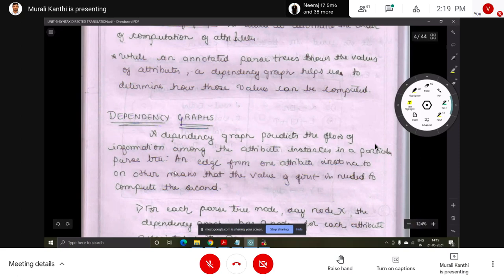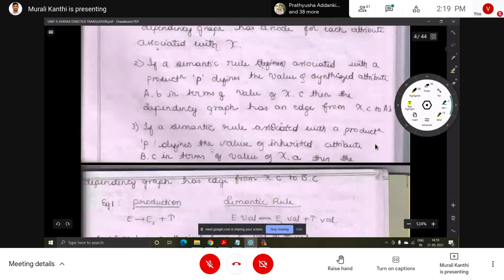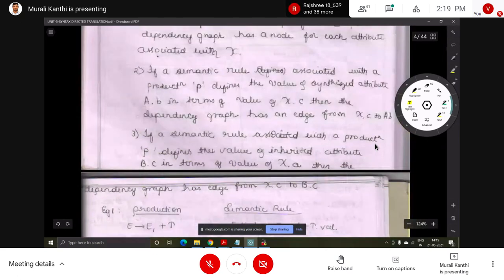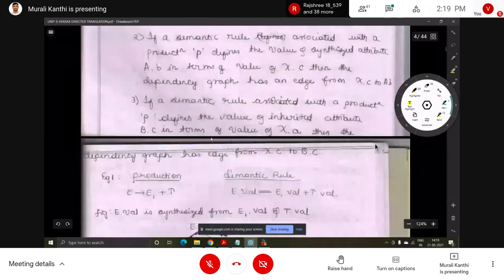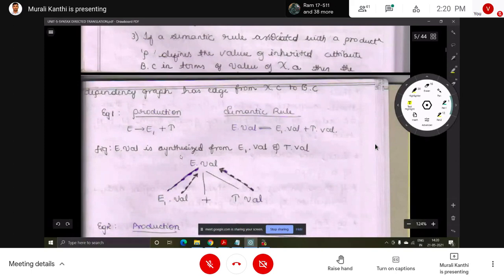These are the rules, so I want to directly explain the example. After that you can read it out, no problem. First a parser tree will be given, and in that we have to draw the dependency graph. For example, a production is like this, and a tree will be drawn from the production.